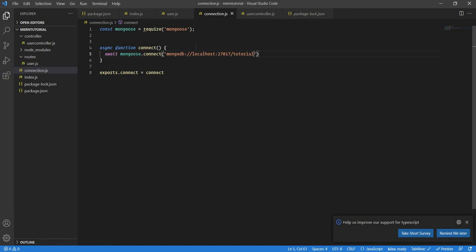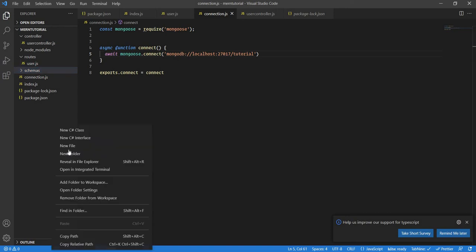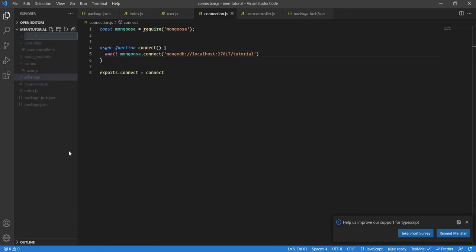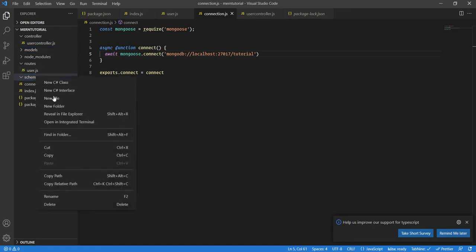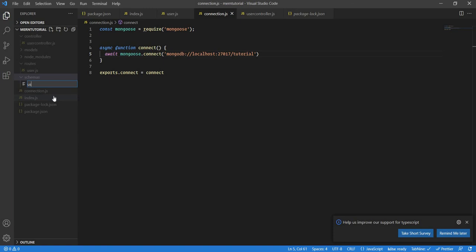That's great. Now let's save this and go to the main folder here, and let's create another folder. Here we will have our schemas. I'll explain what schemas are, and there will be another folder for models. Okay, so let's first understand what schemas are. Let's create a first schema for our user collection. So user schemas